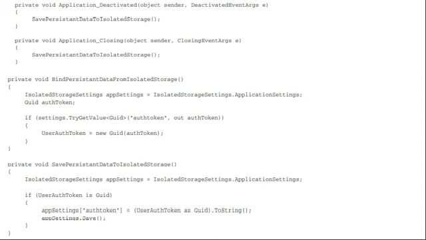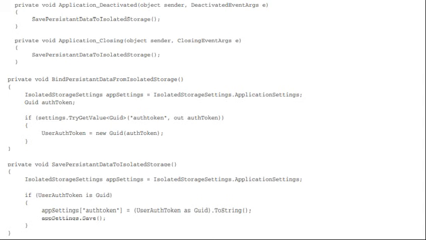Okay, so in offline storage, we are storing the data in the isolated storage, and we can either load, that is launching and activated, for which we have a handler, and then we have a handler for closing and deactivated. So launching and activated is nothing but you're loading from the isolated storage. When you're loading from the isolated storage, we said the code will have a unique identifier. That unique identifier you have to pass. Only if it is a valid one, then the data will be retrieved from the isolated storage.